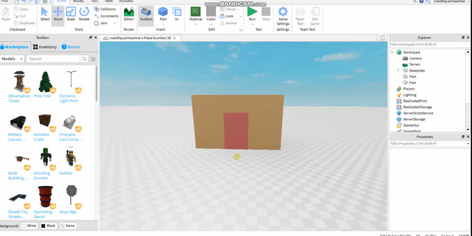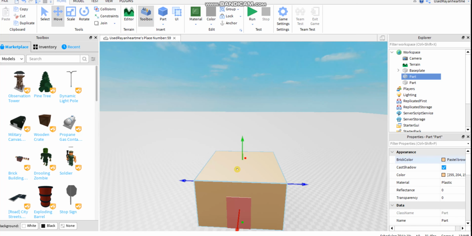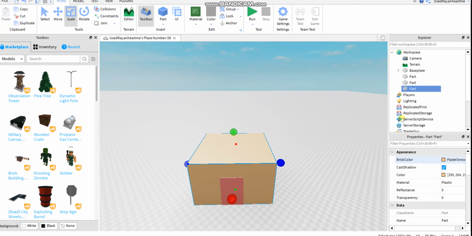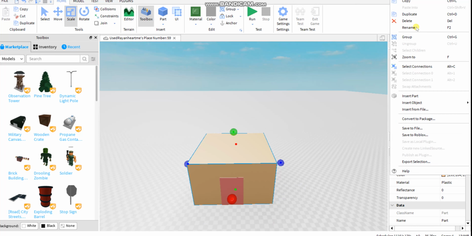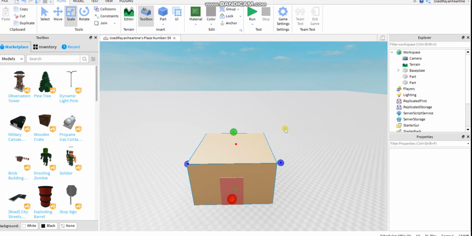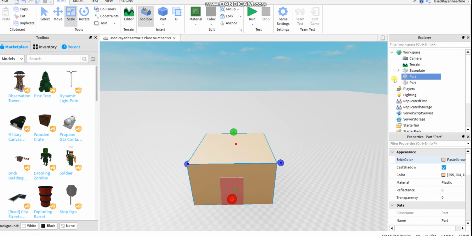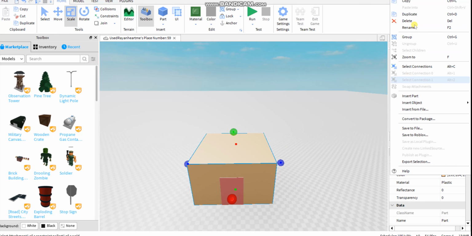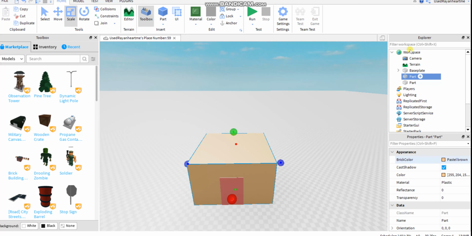Now we'll make the roof. So in this one, so first you will right click, then control D or do like that, then duplicate, then